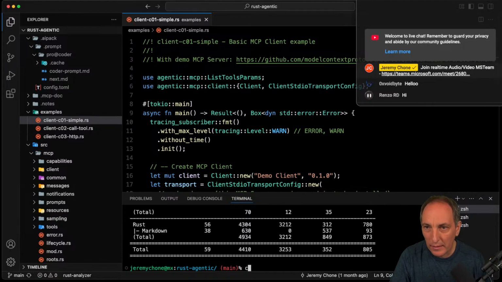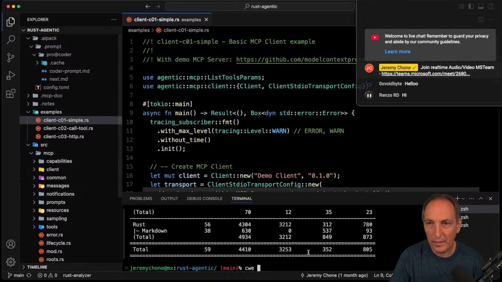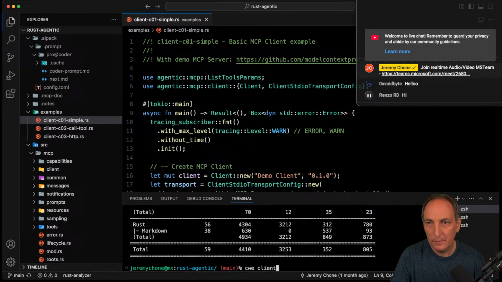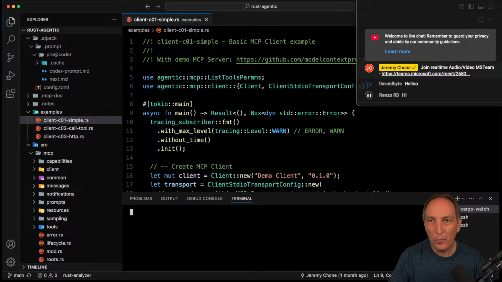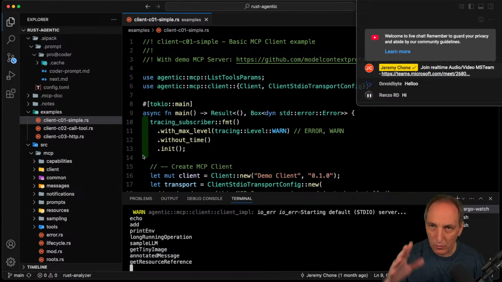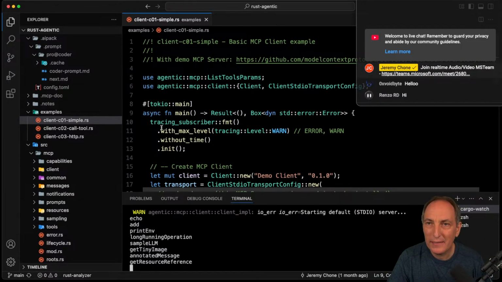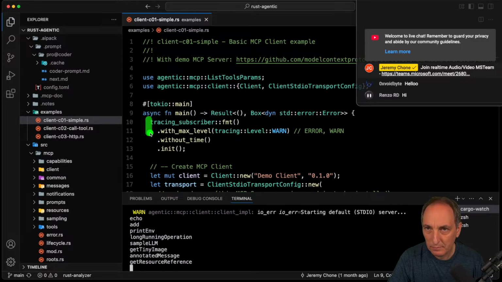So if I do a cargo run example, and in fact, I have a shell alias, which is CWE, which is cargo watch example, and we're going to do a client C01 simple. And so that will compile and run that guy. And in fact, here what we have is